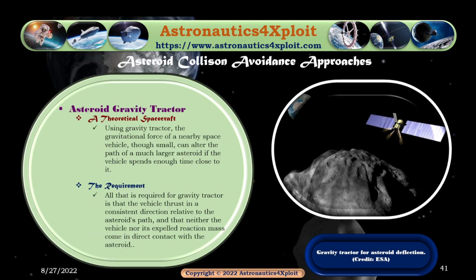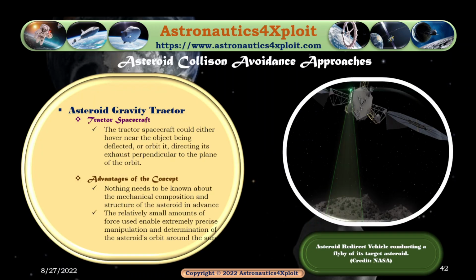Using a gravity tractor, the gravitational force of a nearby space vehicle, though small, can alter the path of a much larger asteroid if the vehicle spends enough time close to it. All that is required for a gravity tractor is that the vehicle thrust in a consistent direction relative to the asteroid path, and that neither the vehicle nor its expelled reaction mass come in direct contact with the asteroid. This picture shows a gravity tractor for asteroid